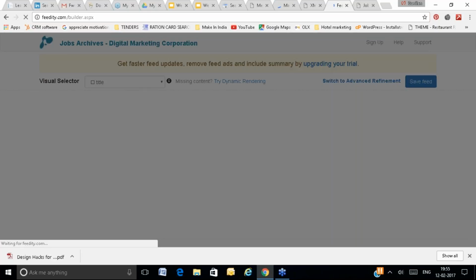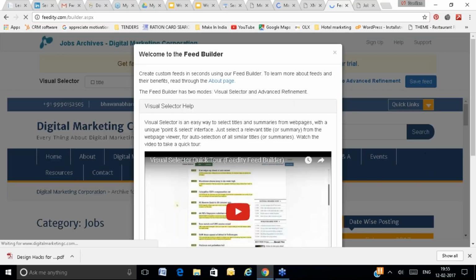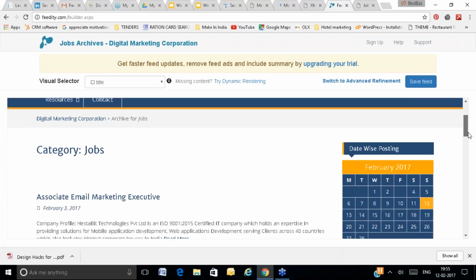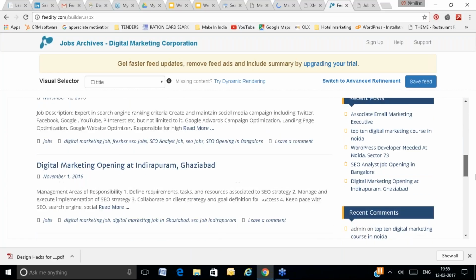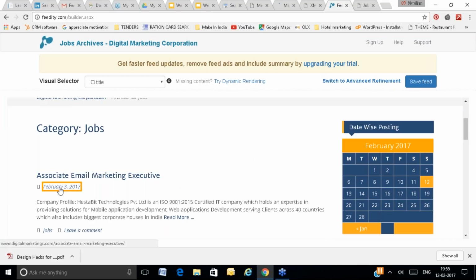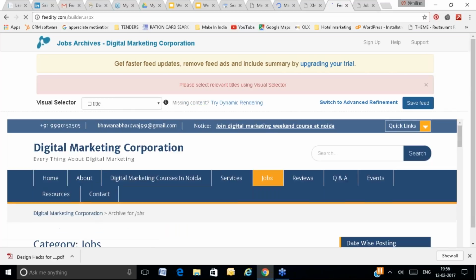Here you can see the feed URL. They are giving you the guidance. You can follow the guidelines. So here you can see how your feed URL will appear. Right now, the latest 30th February post is showing in the feed URL. Right now, let's suppose someone has saved this feed URL. You have saved this feed URL, right?